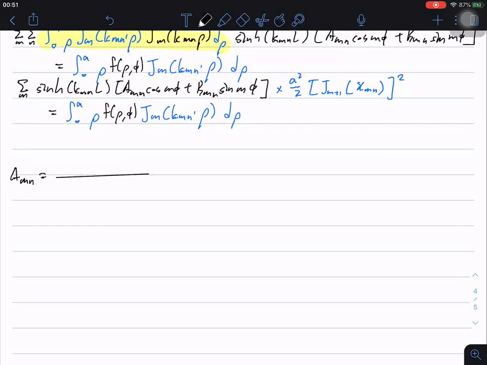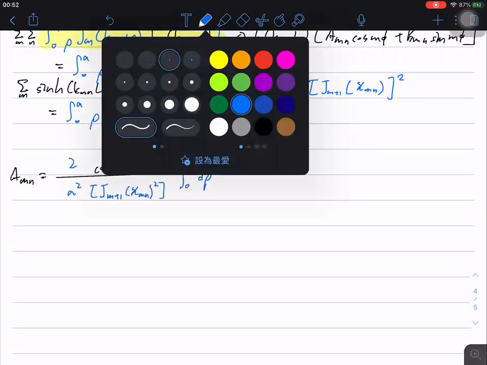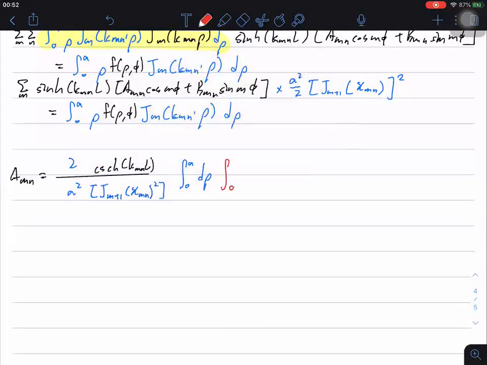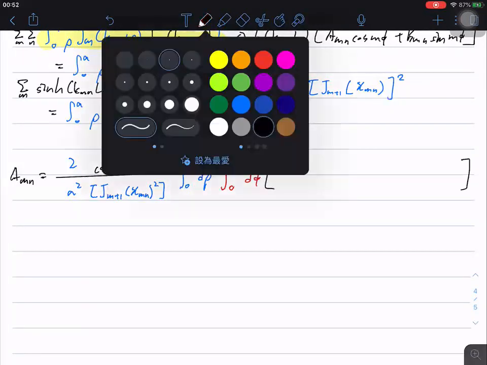So for the hyperbolic sine, you move it to the right-hand side and it becomes a hyperbolic cosecant. And for the normalization constant, you move it to the right-hand side as this. And also for the right-hand side, you have the original integral, this time with an additional term because you also do the Fourier series. So left with the term inside is